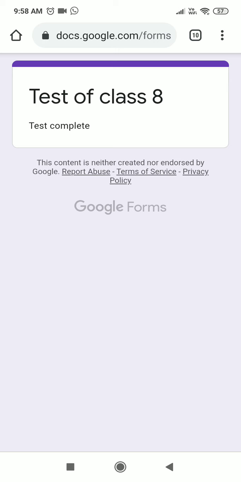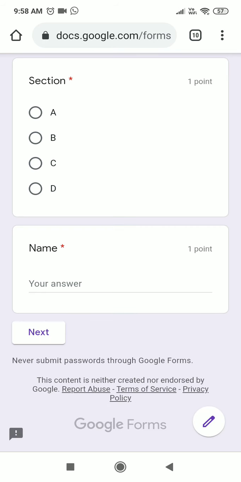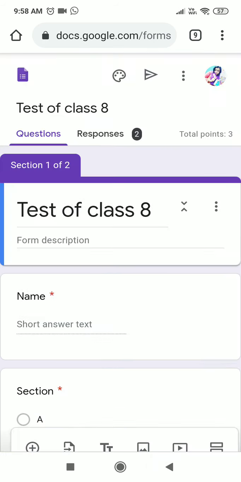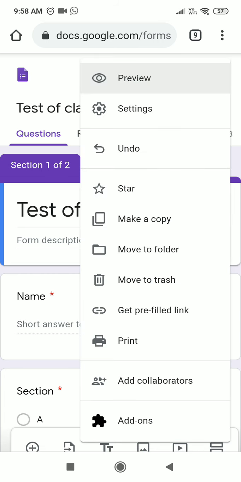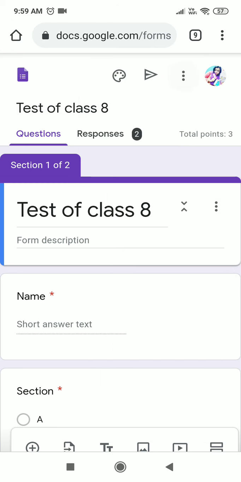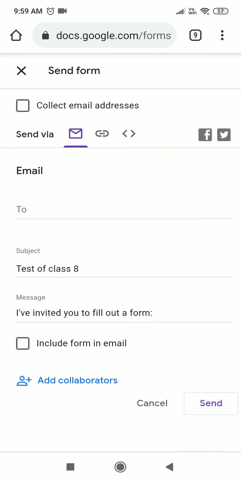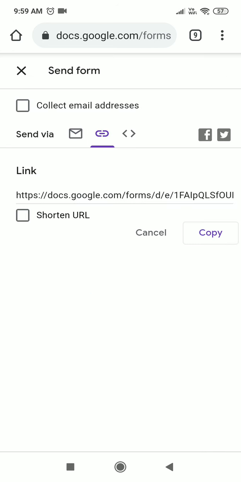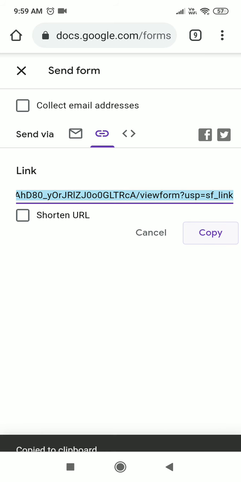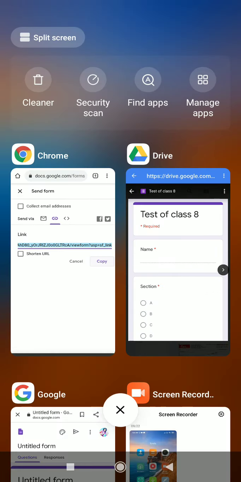Okay, so this is how we do it. Now we can go back. Let's go back. I am showing you how to share, how I can share this. I can click here. Sorry, not here. Beside this, we click over here. Then link. This is the URL. I copied the URL. Okay, now I will close all this.